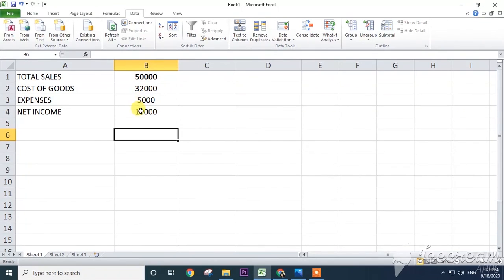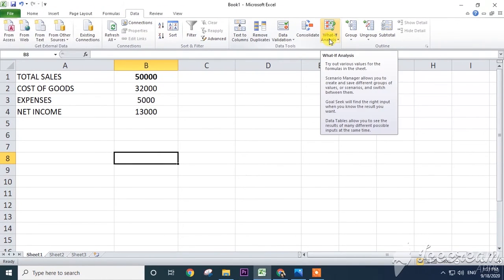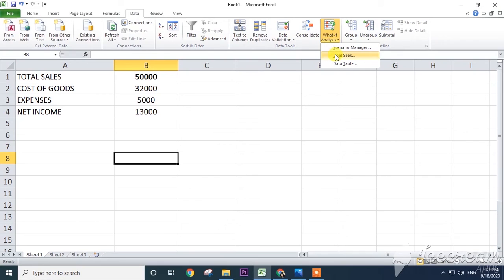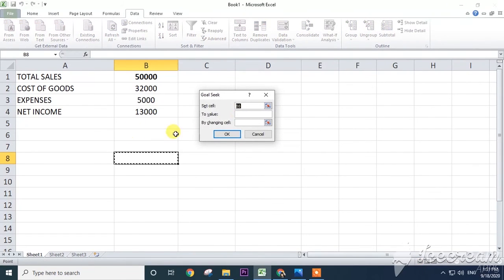Now the second option, let us see the what-if analysis. Click on the Data tab, there is What-If Analysis, click on the Goal Seek option and Set cell. What is the set cell? This one. And how much value do you want?